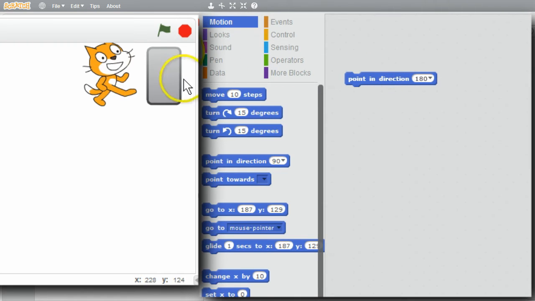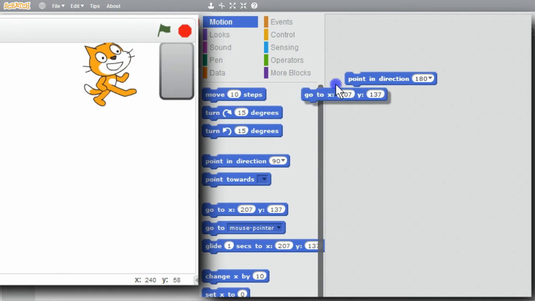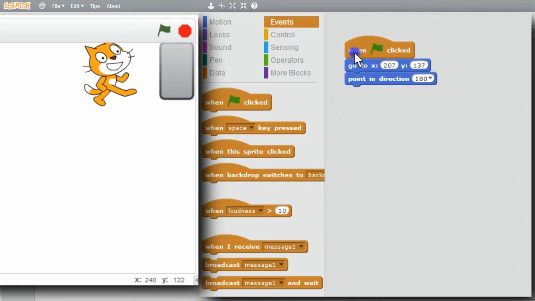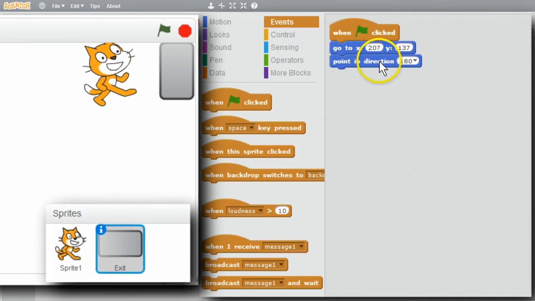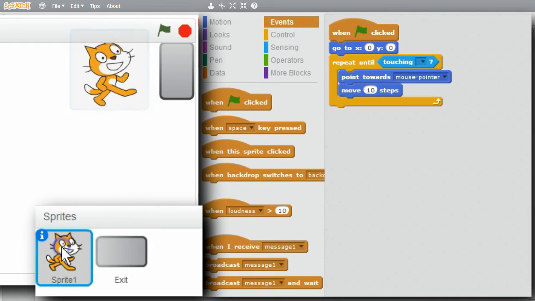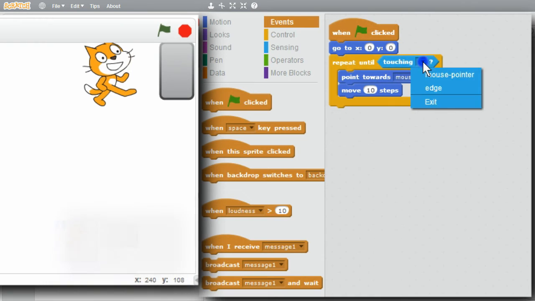I like that. I'll slide it into the corner, so I always get it there. I'll move the Go To to the top. Events. When a green flag's clicked. Now when the green flag's clicked on, the exit door will always be in the upper right and correctly oriented. Go back to the cat. For touching, I can choose the